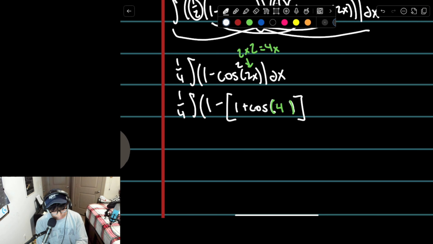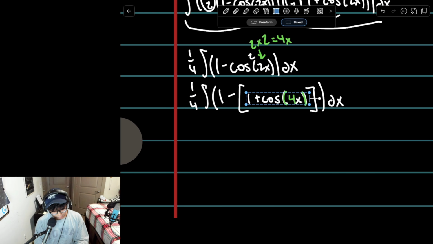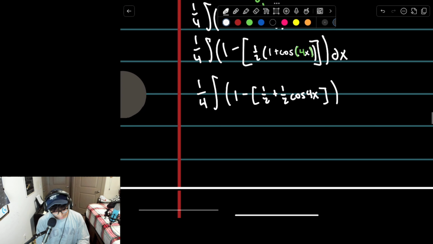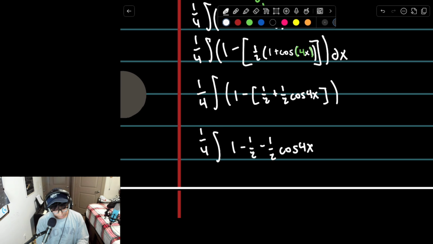So then now we are finally integrating 1 minus 1 plus cosine of 4x. Oh, I apologize, I forgot my 1/2. Hopefully that didn't confuse you. We are then finally going to simplify this integral to 1 minus 1/2 plus 1/2 cosine 4x using distributive property, which finally gets us 1/4 times the integral of 1 minus 1/2 minus 1/2 cosine 4x, which, combining these like